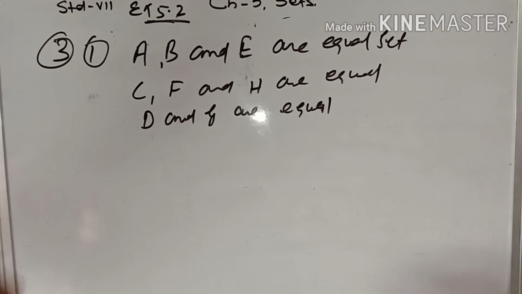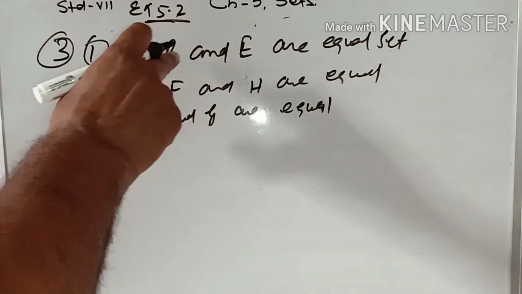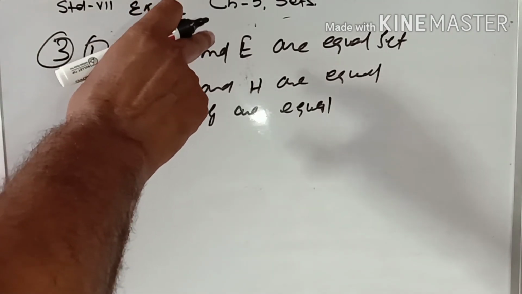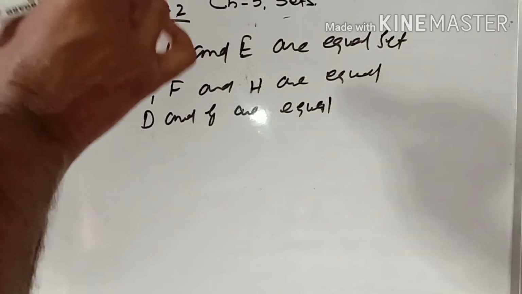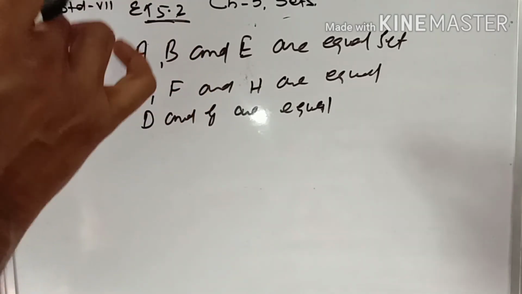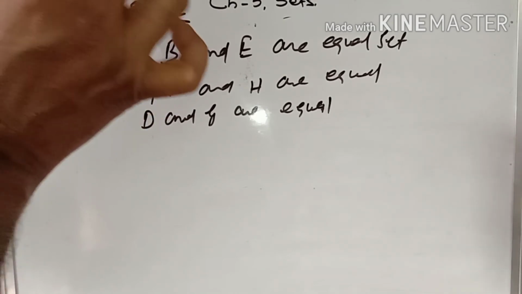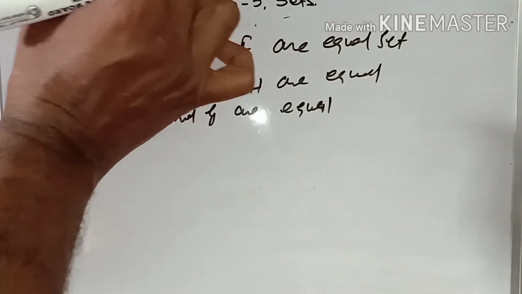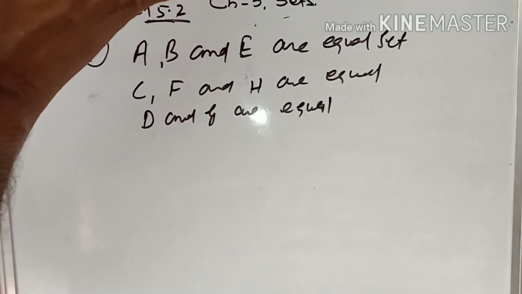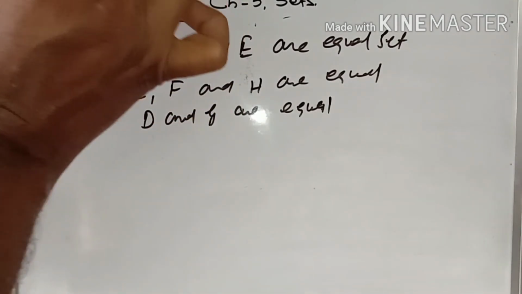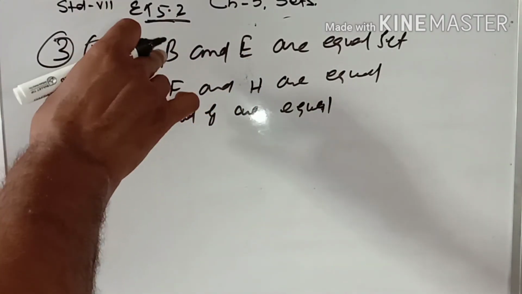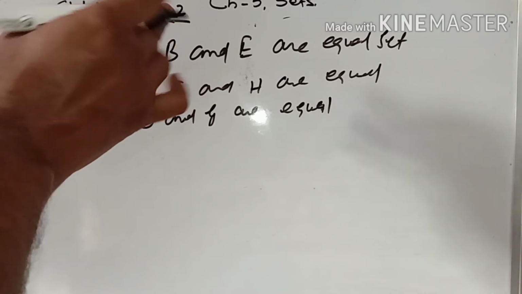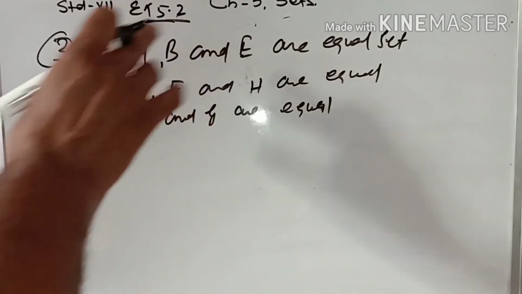Now question number 3, it is given that find the pair or group of equal sets from the following sets. A is given what, 0 1 2 3, and B is given what, x as that x square less than 10, x is belongs to whole number. So A, the elements of A is given what, 0 1 2 3, and B means it is given whole number, means x square. If I am taking x as a 0, so 0 square is equal to what, 0, 1 square means what, 1, 2 square means what, 4, 3 square means 9. So 0 1 2 3, because 3 3s are 9, so 9 is less than 10. So A, B and E also same.